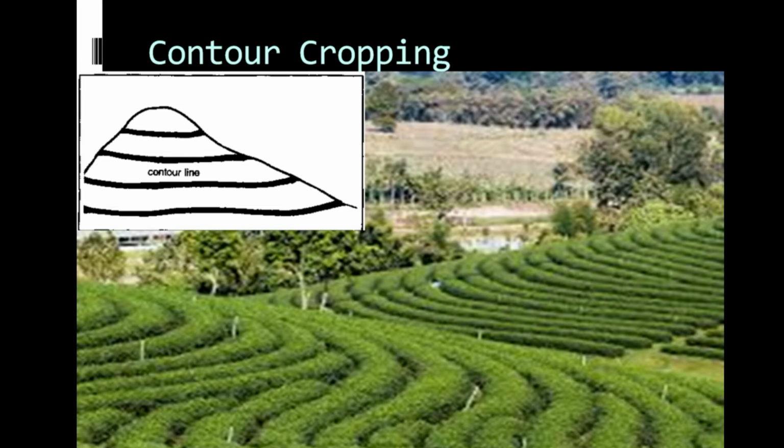Obviously, from the insert, you can see that 2D image highlighting how it is associated. But at the bottom, the larger image there, you can simply see how the crops themselves are aligned in relation to the land. Now, the benefits associated with contour cropping include reduced rates of runoff. The actual fluvial movement descending from the land will actually be reduced. Obviously, that will translate into less nutrient transfer, less mineral transfer as well, and also a reduced rate of erosion.